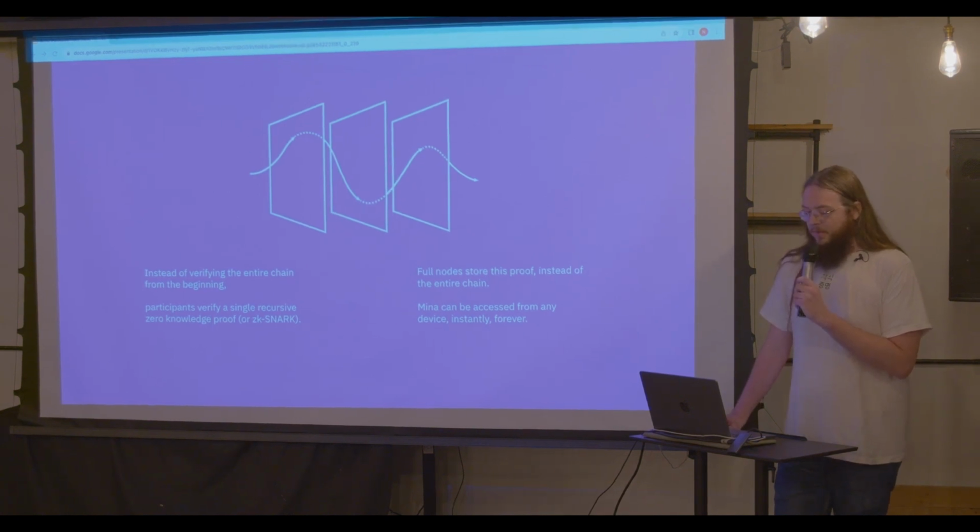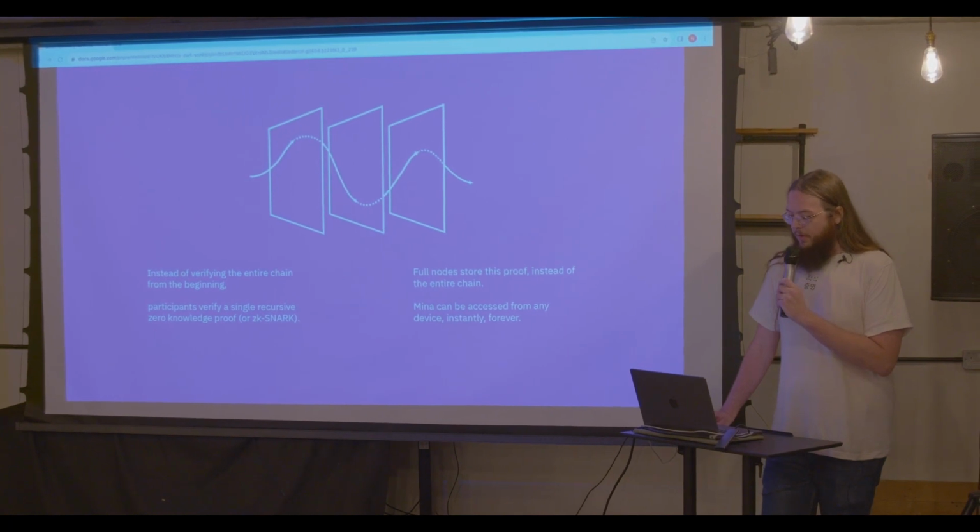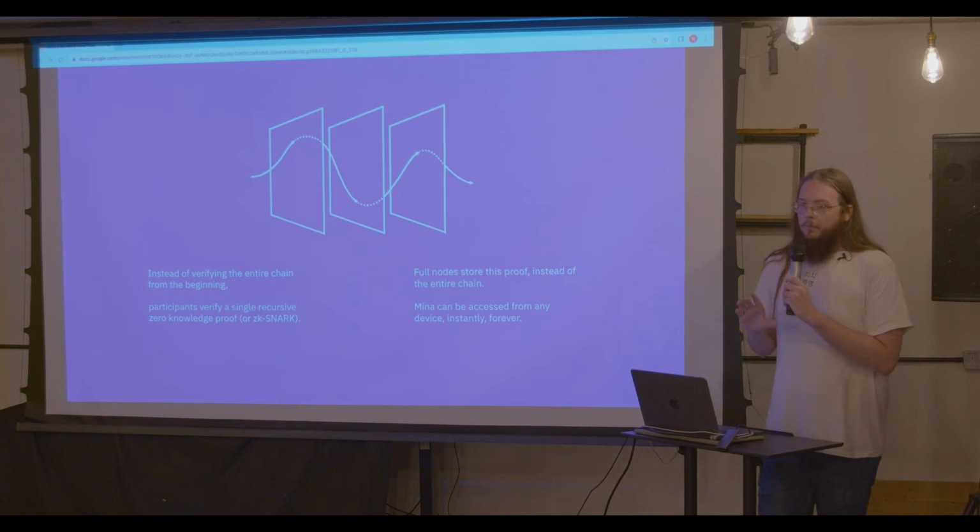And what makes this all work? The way it works is that participants in the network only have to verify the recursive proof rather than replaying the entire chain from the beginning. This block proof is made immediately available at each block. So every block you receive, you get the proof of consensus, and you're also getting a proof of some set of transactions that had happened in the past that lead up to the current ledger that you can take a